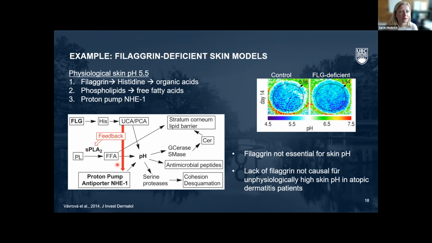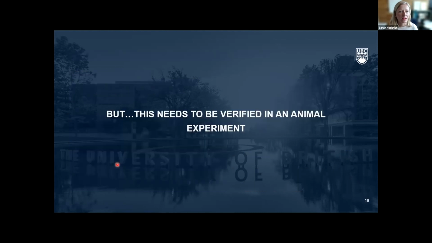Mouse skin has a different pH, for example. There are different mechanisms and pathways involved. So I'm not saying that we can avoid all animal models, not at all, but there are clear limitations of animal models, and we definitely need human-based models in order to fill those gaps and to better bridge preclinical and